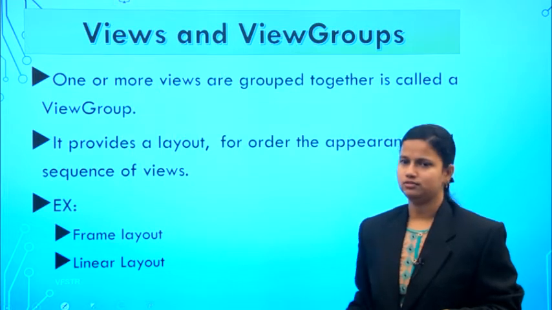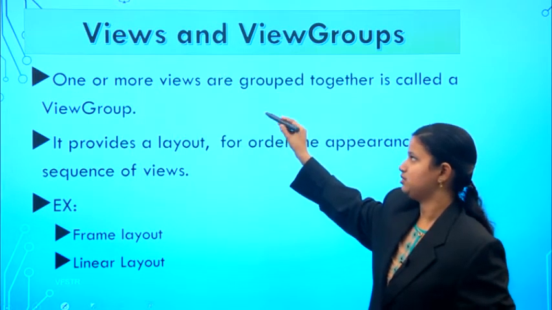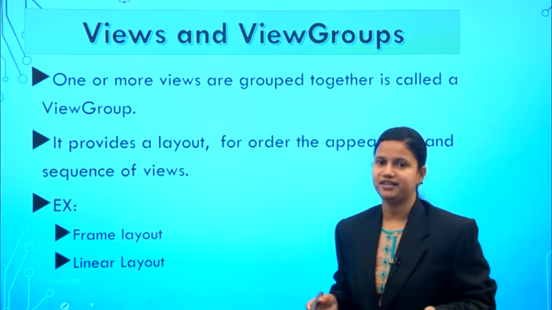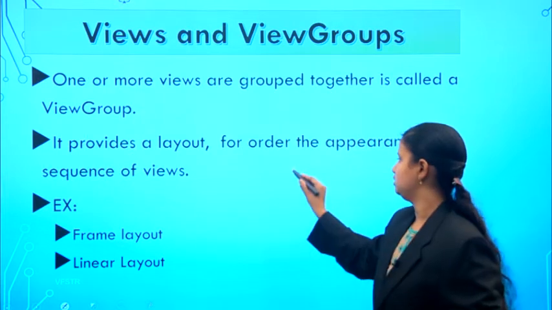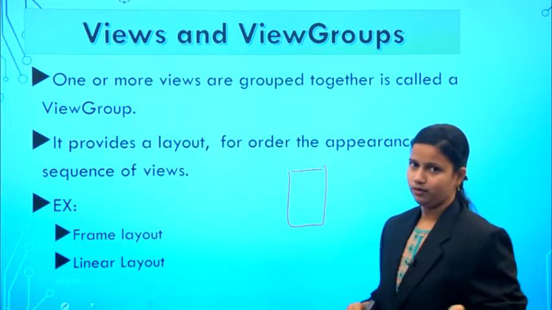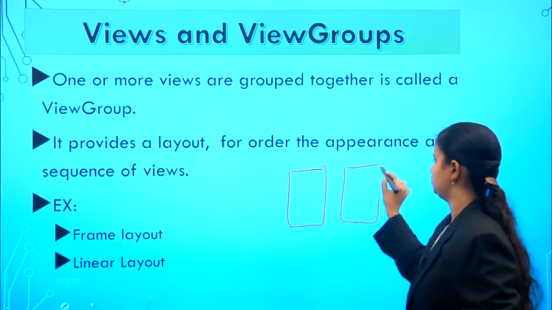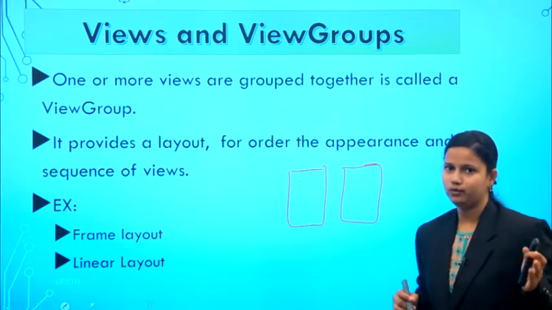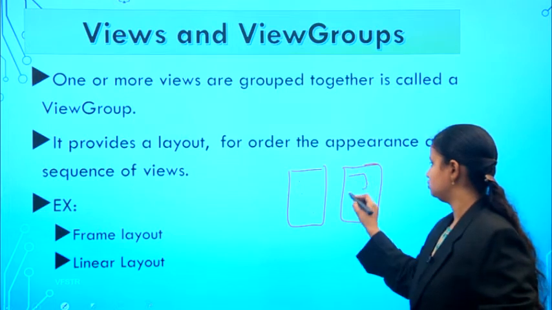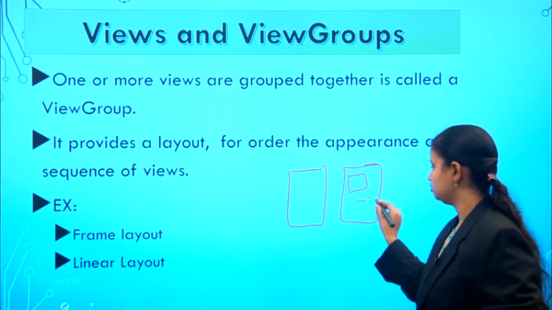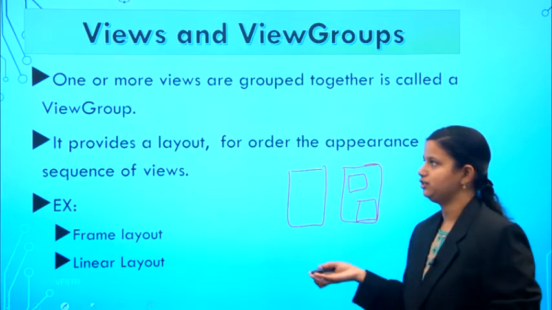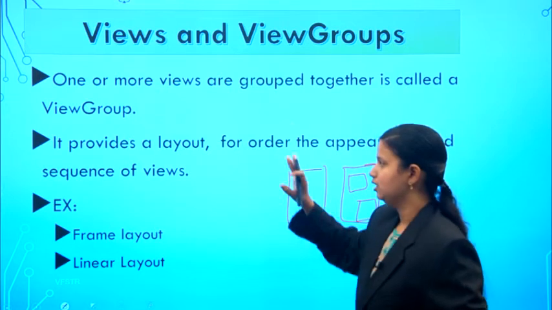Why? Because using layouts, you have different views, that means more than one view is grouped, but how are these views to be arranged? Whenever you have only a single component, a single widget, you can place it anywhere, no problem. But when you have a group of views, that means more than one view is presented. So how do we arrange them? In which way do we arrange all the views that are presented in your view group?